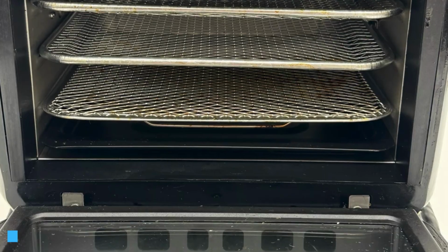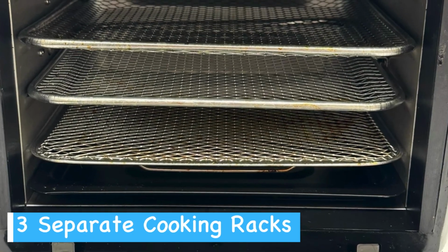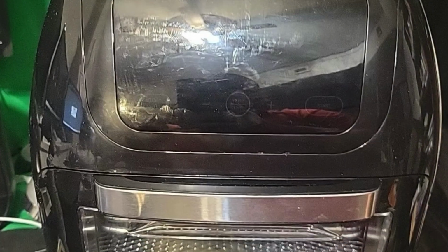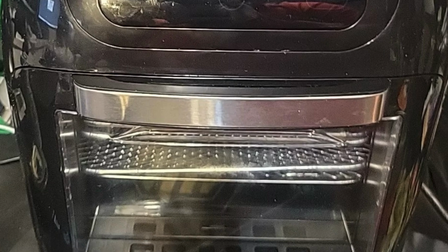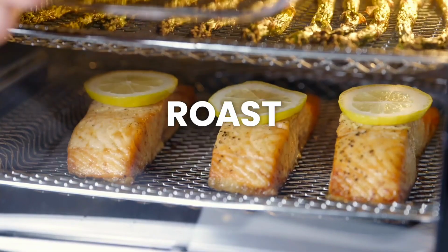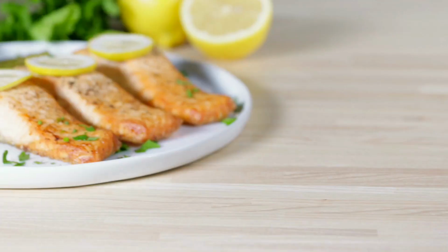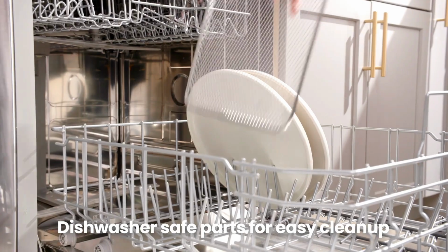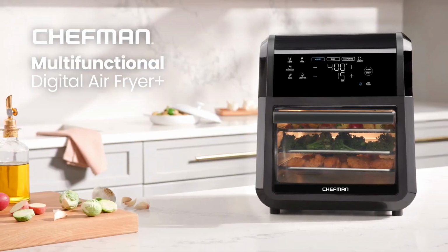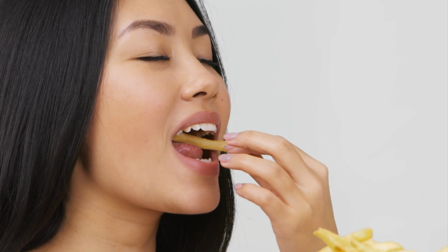The 3 airflow racks allow you to cook multiple dishes simultaneously, saving you time and energy. Monitoring your food's progress is effortless thanks to the large viewing window and interior light. You won't need to open the door and release heat, ensuring consistent cooking temperatures. The dishwasher-safe part and removable drip tray make cleanup a snap, letting you focus on enjoying your meal rather than